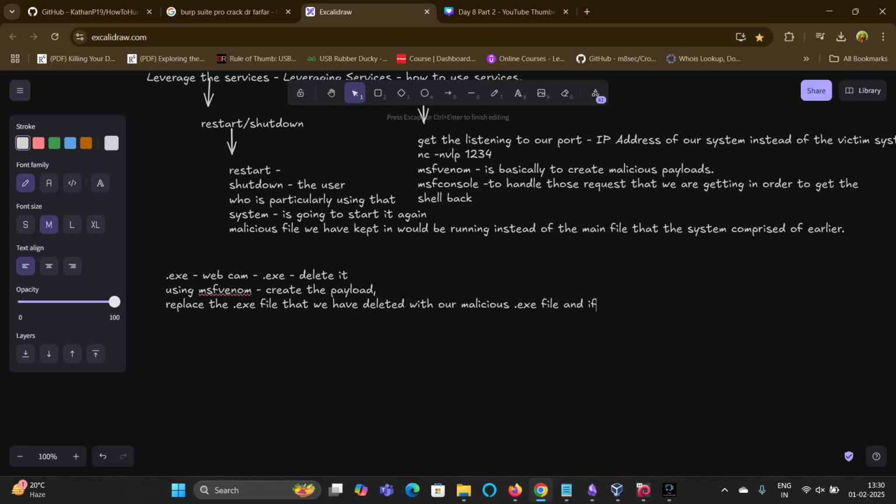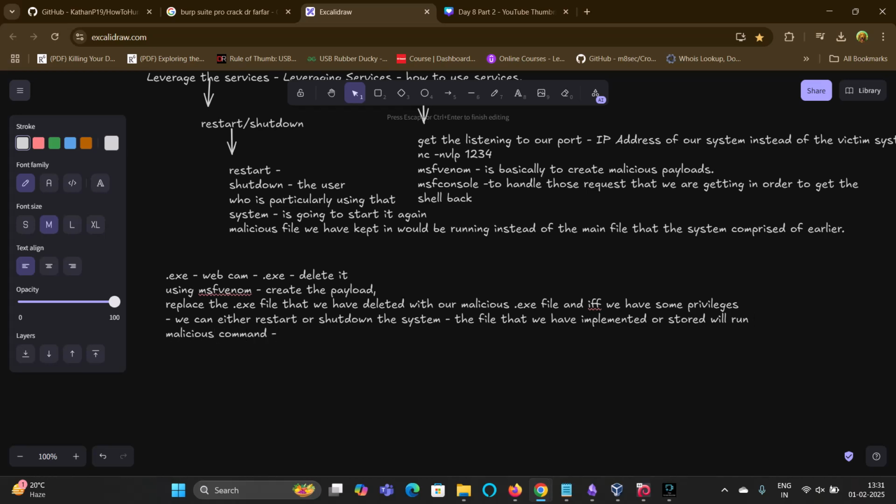And if we have some privileges, as I mentioned earlier as well, we can either restart or shut down the system. If the system restarts, the file that we have implemented or stored will run, and it is going to run the malicious command.